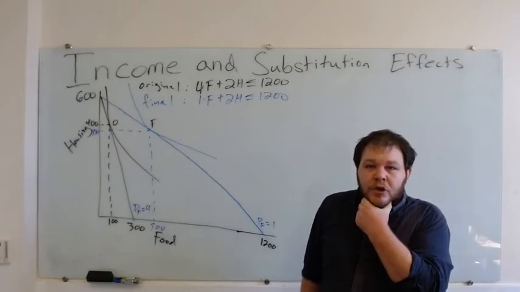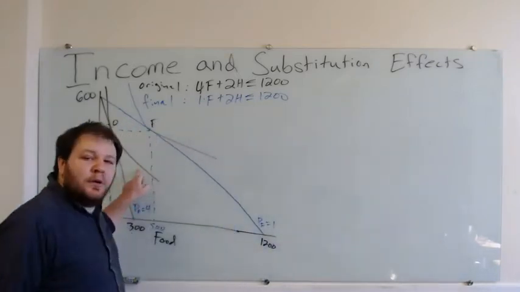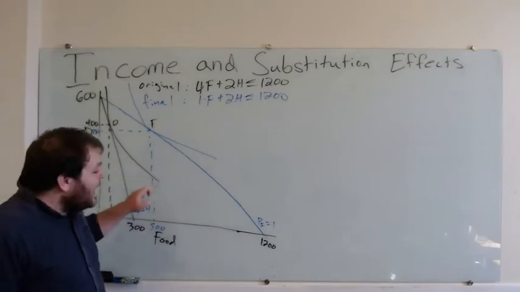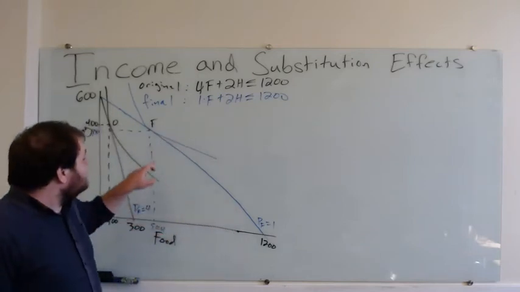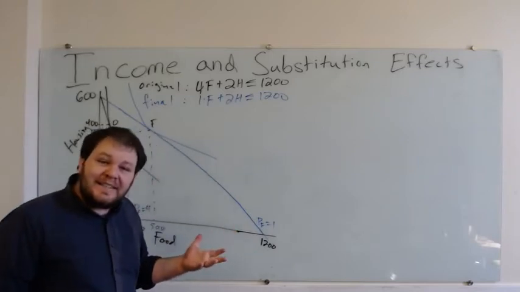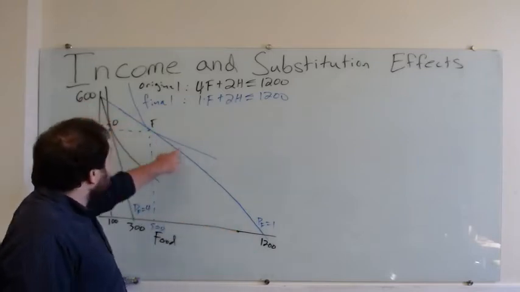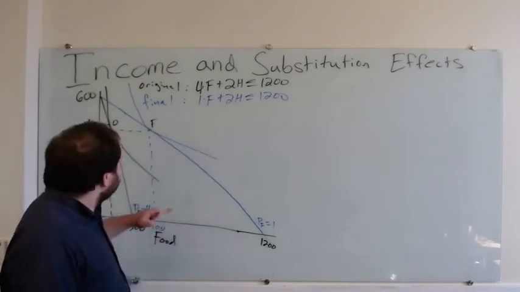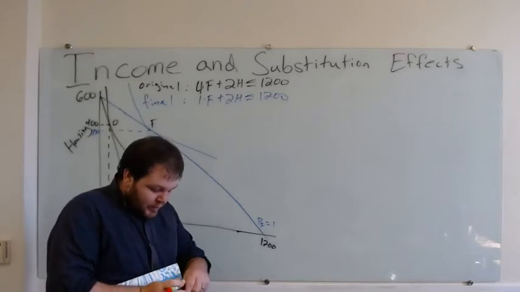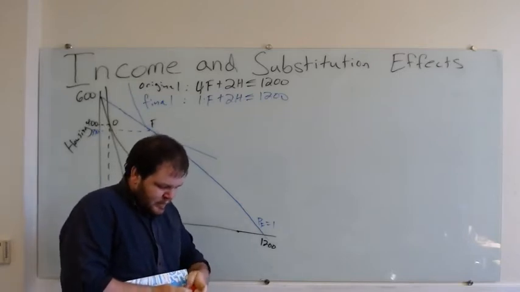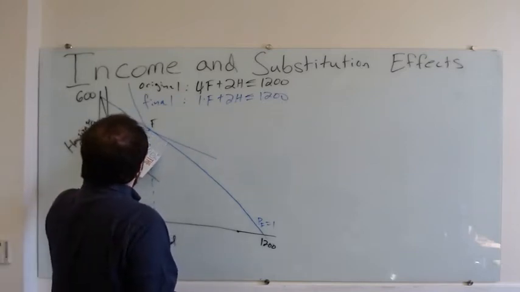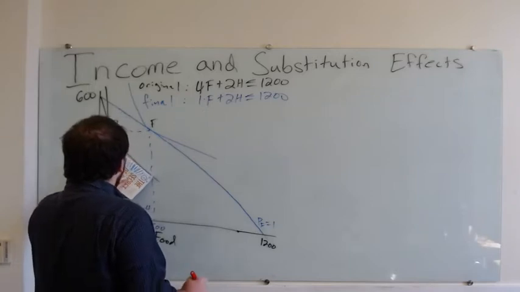Awesome. So we want to find a point on our original indifference curve where the relative price of food and housing is the same as it is at our final point, right after the price changes. So what does it mean that the relative price is the same? It means that the slope of this new hypothetical budget constraint has to be the same as the slope of our final budget constraint. So what we're going to do is take our final budget constraint, take that slope and shift the slope down until